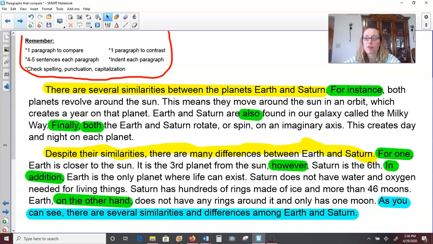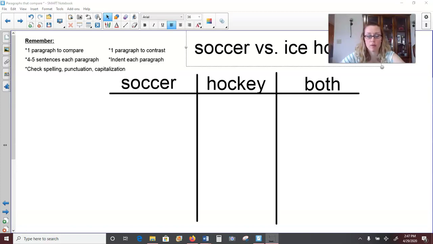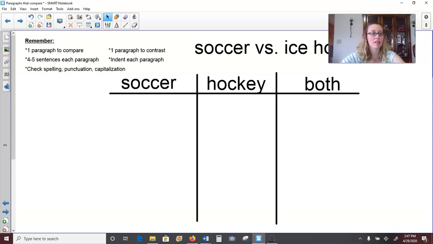But if you'd rather not do two planets, you could also do two other topics, like maybe two sports, or you could compare two animals together. So we are going to work together to compare soccer and ice hockey. And when I say work together, I mean I will be doing all of the work and you're still listening along. So I want you to think, though, of soccer and hockey and what you know about those two sports. And if you'd like, you can compare along with me and you can use this as your example for your